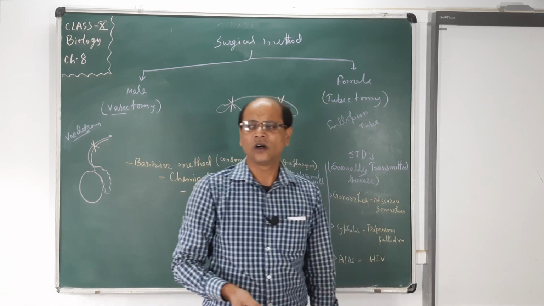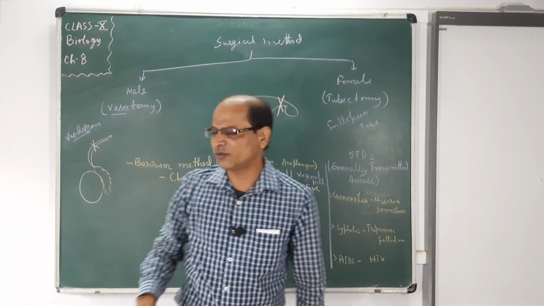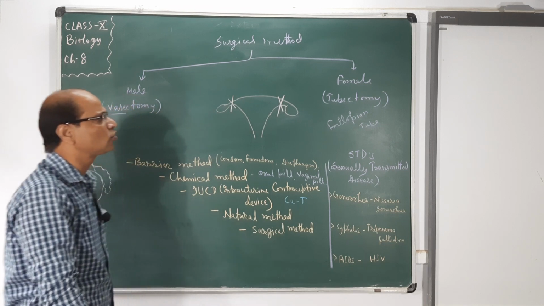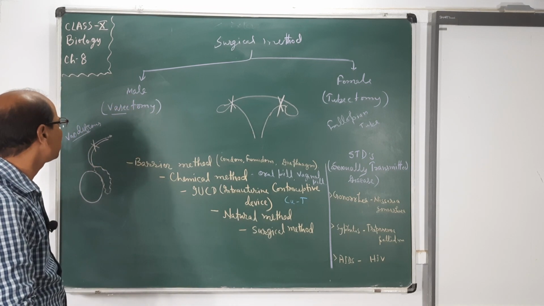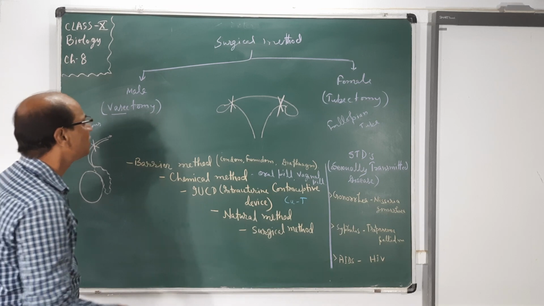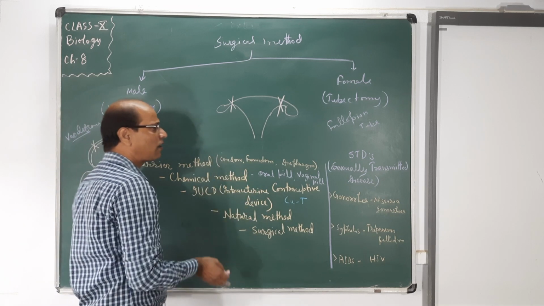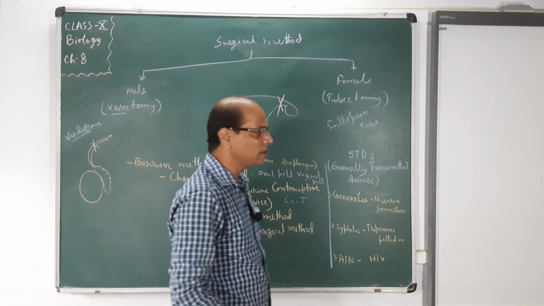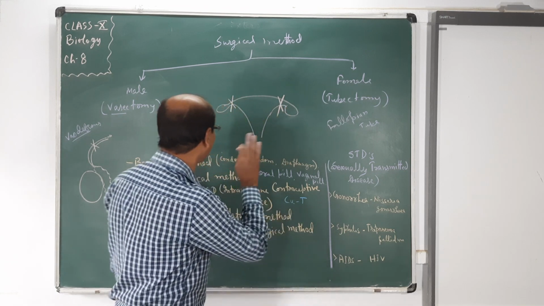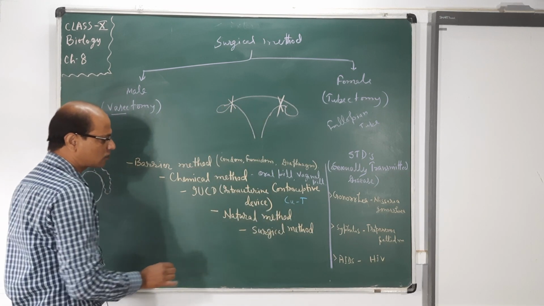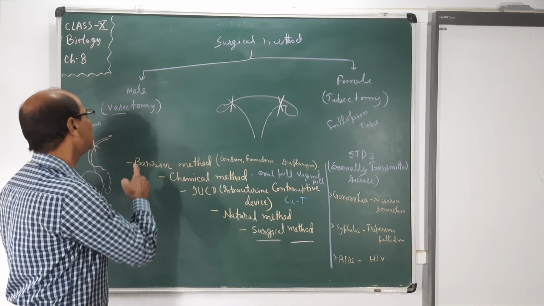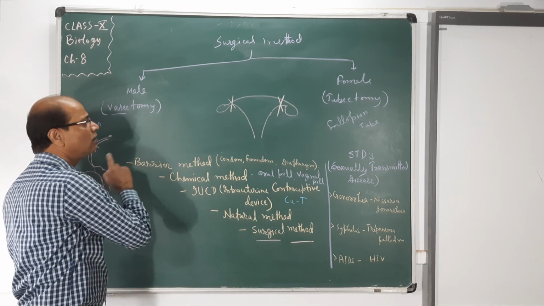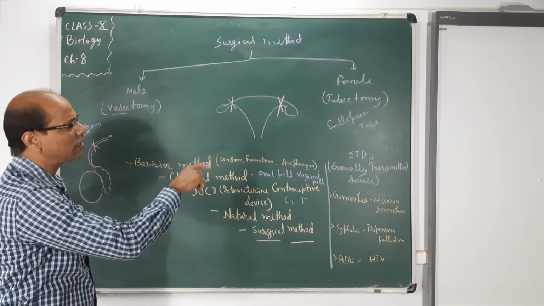They can do vasectomy, or females can do tubectomy, to control the population. So population control takes place in this way, and then the population will be safe. This is the device by which population control takes place. The surgical method is the best method by which population control takes place, either by male vasectomy or by female tubectomy.